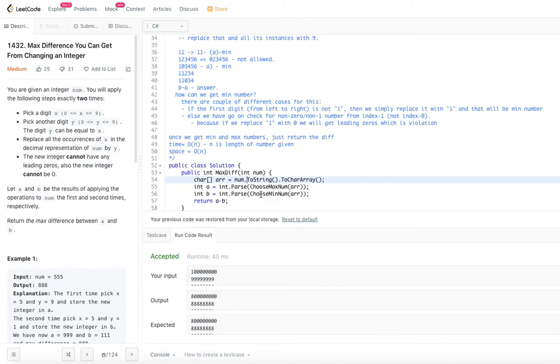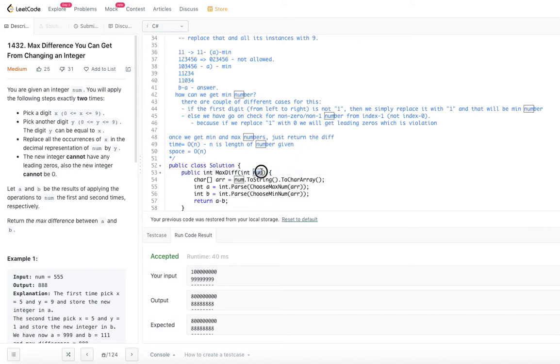So we looked at the maximum number calculation, we looked at the minimum number calculation, and then we do a minus b. That's it. Let's look at the time complexity and space complexity for this algorithm. Let's say the length of the number is n.